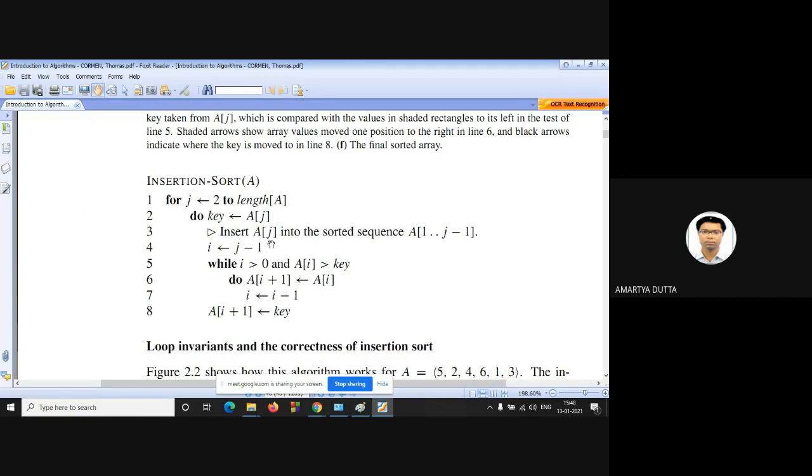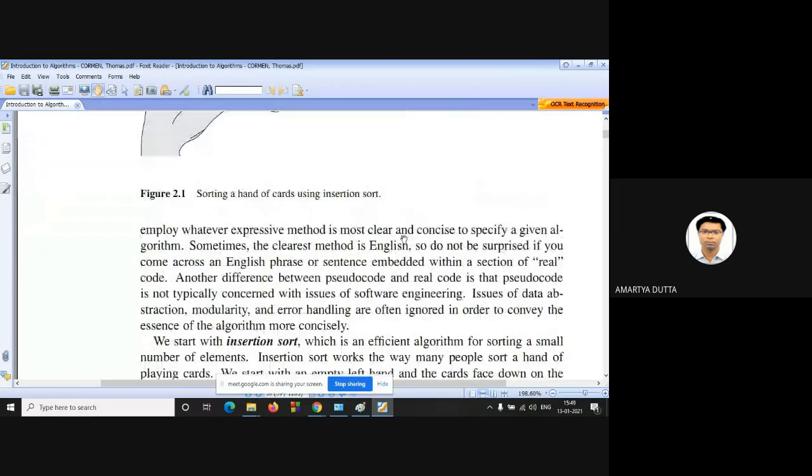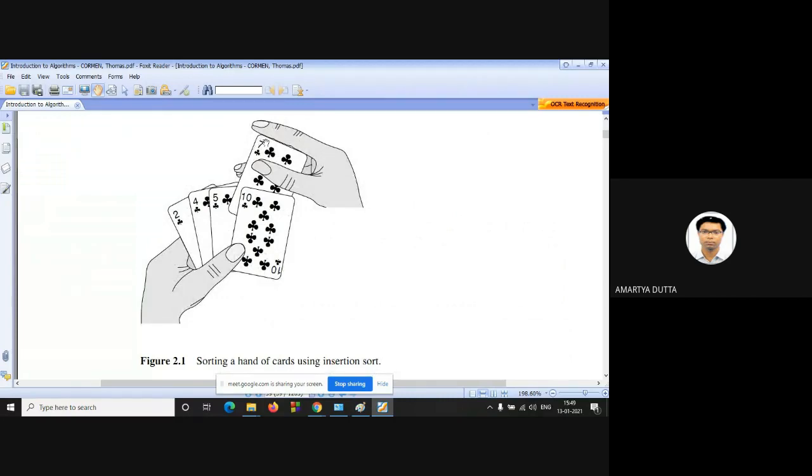Now insert A[j], line number 3, which is a comment line; this particular sign denotes a comment. Insert A[j] into the sorted sequence A[1..j-1]. Just like here, insert this 7. If this is A[j], insert it into the sorted sequence 2, 4, 5, which are already sorted, so insert 7 in the sorted sequence A[1] through A[j-1].